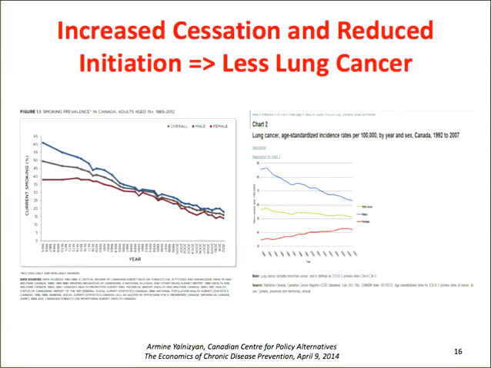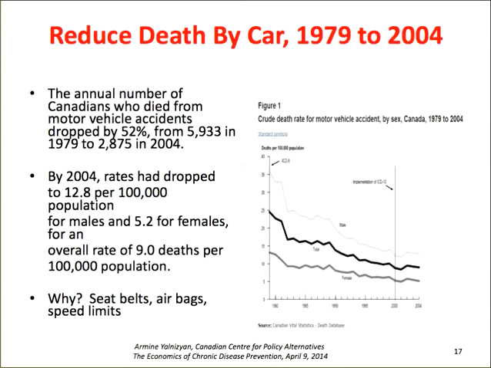Reducing death by car. You know, like we talk about health as something that we are in control of. Often things happen to us that we're not in control of. We have become very, very good at reducing death by car by introducing seat belts, airbags, speed limits, and also new ways that we are producing cars. So we know how to do population health interventions in this sort of instance.